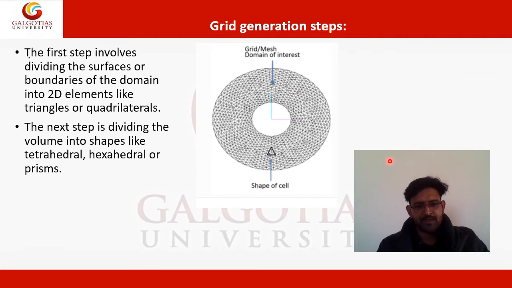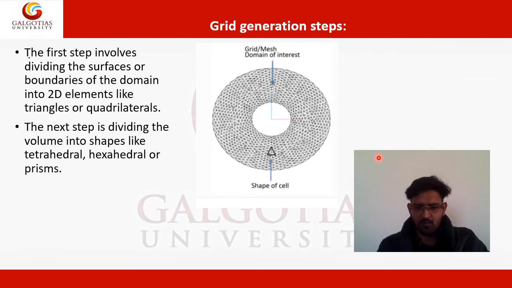It is not necessary to use only one type of cell for meshing the entire control volume. Suppose that this is your entire control volume; we can not only break it into triangular elements or quadrilateral elements. It's our choice. We can break our domain into different elements, as in many cases a mesh can include a combination of all types of elements.